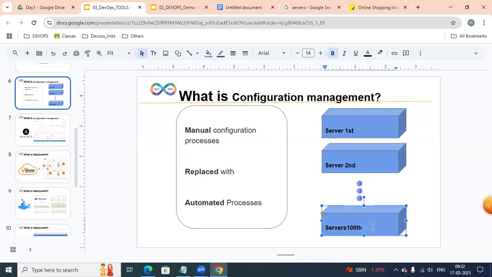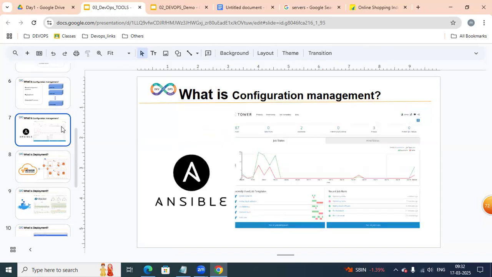For that we are going to use Ansible. Ansible supports configuration management.